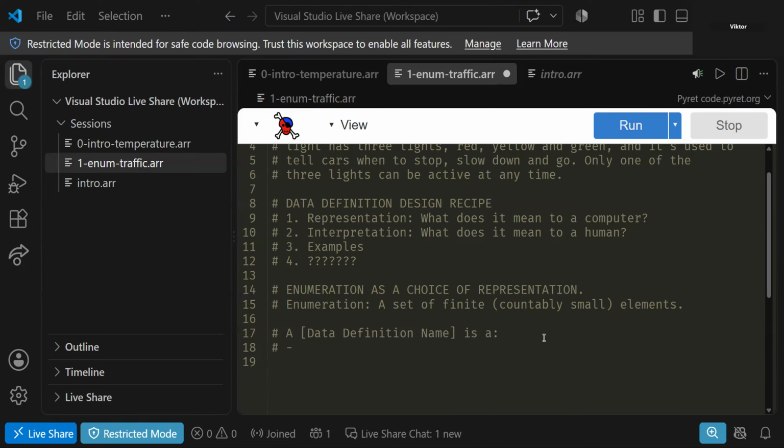Then you write what the elements of this set are. So what are the elements of this set? Strings, yeah, what are the strings? Green, yellow, and red. Okay, let's give this data definition a name. What name do you want to give it? Color. Well, that's not a bad name, but the problem I have with this name is that